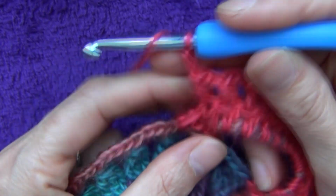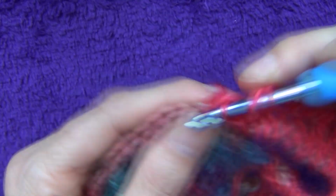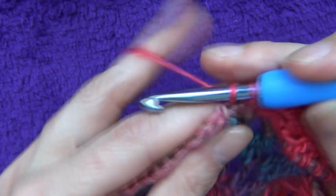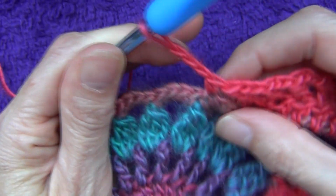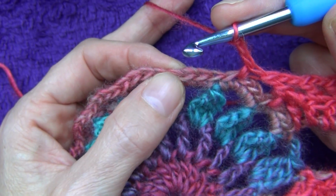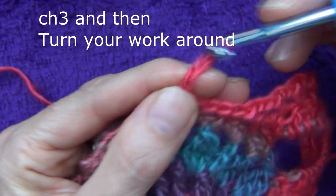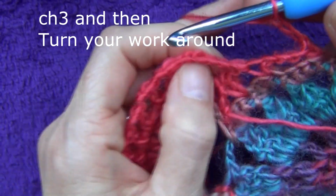Okay, so this is, I've got 14, and I'm going to do my last one in here, in this space over here, and then you're going to do a single crochet into the 4th single crochet on this side, and you're going to chain 3. Okay, so you're going to chain 3, and then you're going to do a single crochet into the next set of single crochets. So you do a single crochet in that one, and then you chain 3, and then we're going to do our trebles in this first chain space over here,